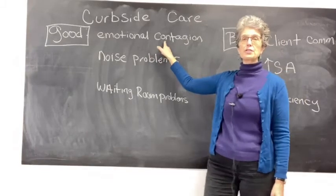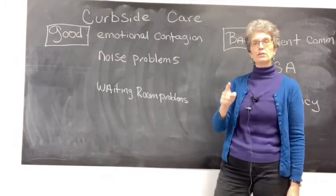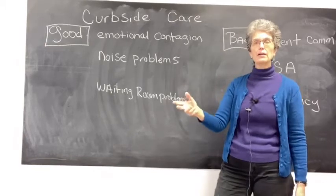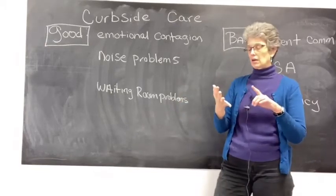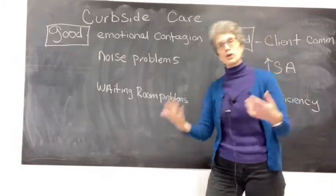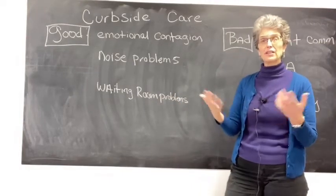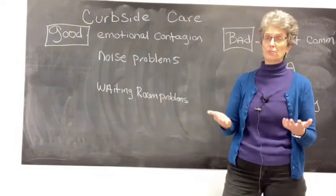Now we have emotional contagion from the human to the pet. What's that? That's the owner, the person with the pet who is worried, they're worried and they're tense. Maybe they're worried and tense about the drive over because the dog was panting or whatever. Or maybe they're worried and tense because, frankly, the majority of care that we do in veterinary medicine is sick